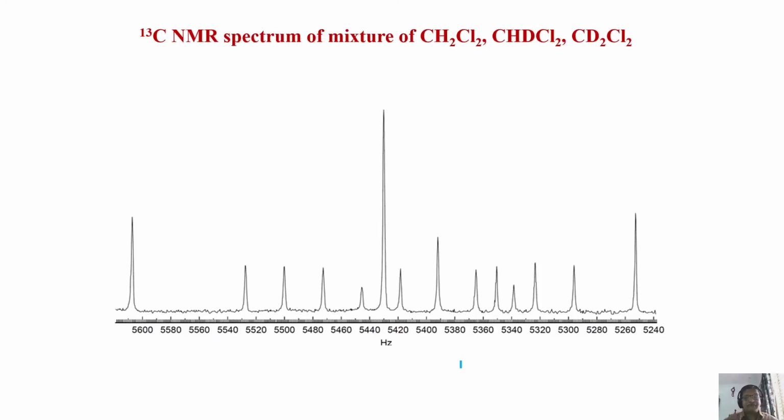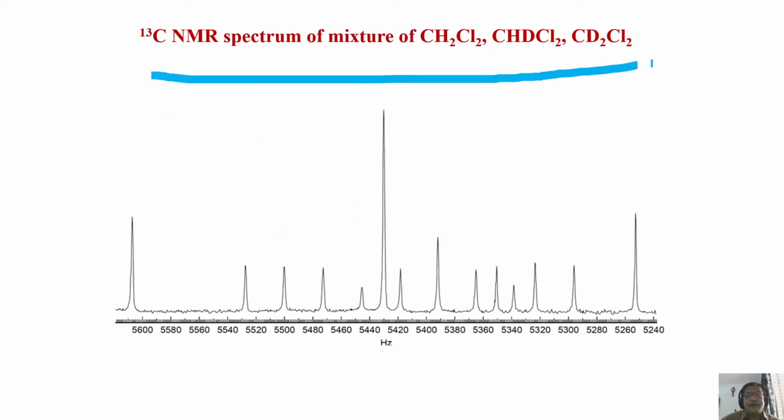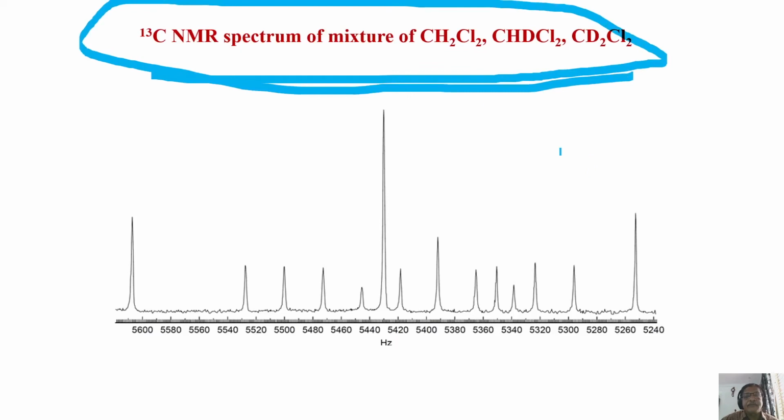Now we analyze the spectrum. You will understand what is really happening. Now I am looking at the carbon-13 spectrum of a mixture of these three. CH2Cl2 first, we will take that. What is the pattern you expect? I am looking for carbon-13 NMR in a mixture of three different molecules. Don't get confused, it is a mixture of three different molecules. For this CH2Cl2, if I consider carbon-13 NMR, what pattern do you get? Of course, chlorine will not couple. It is a broad triplet, a large triplet, 1, 2, 1 intensity. Correct? CH2Cl2 will be a triplet. What about CHDCl2?